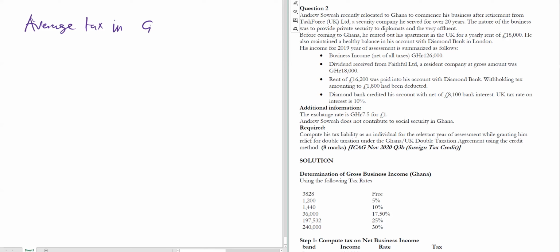So for the average tax rate in Ghana, we need our tax payable